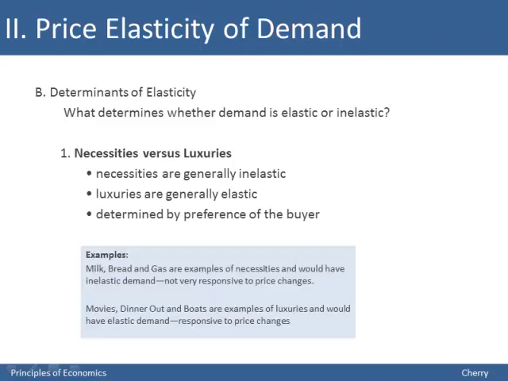Some examples of necessities would be milk, particularly if you have children, bread, and gas. These are goods that buyers are not going to be very responsive to price changes on. So the gas price goes up, but we still need gas to go to work, go to school, and move around. So we're still going to buy gas. Maybe not to the same extent we were purchasing it before, but we're not as flexible to respond to price